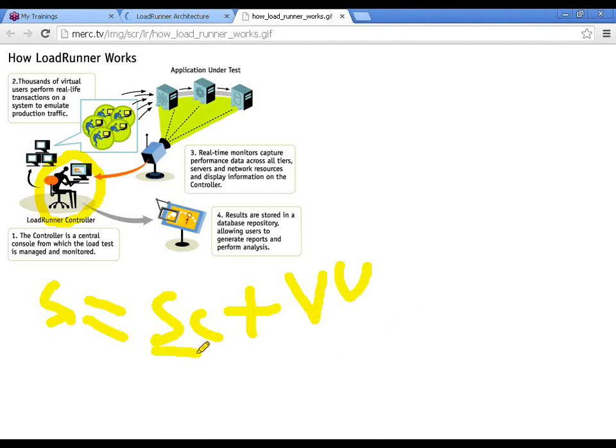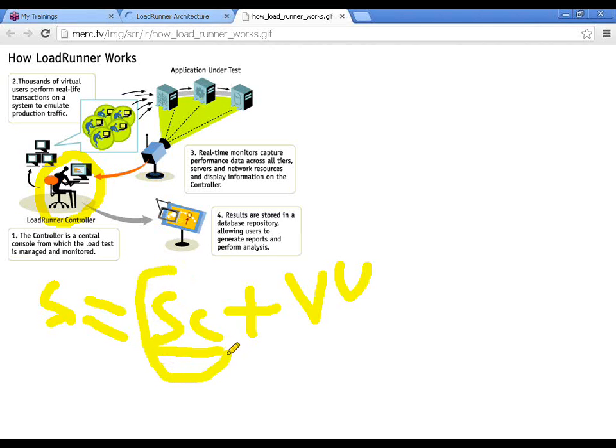The script, if you're working on login functionality, is logging into the application: you give your URL, go to the home page, give the username and password, click on the login button, and navigate to your personal page. That piece will be recorded and can be enhanced using the virtual user generator, VUGen as we call it.